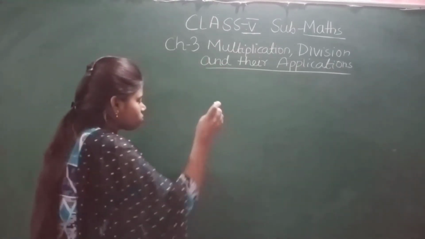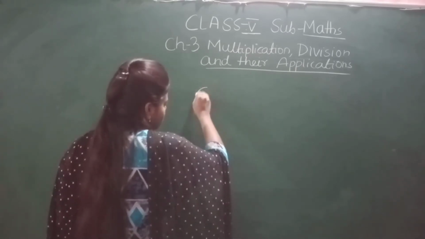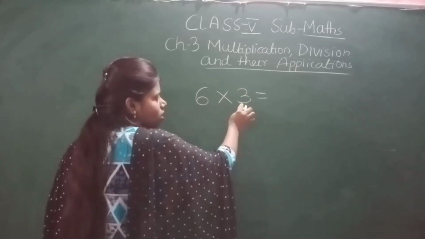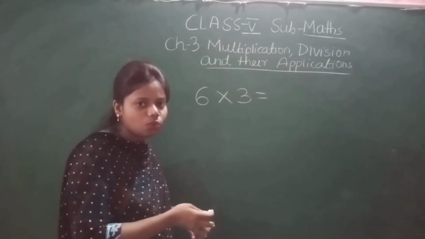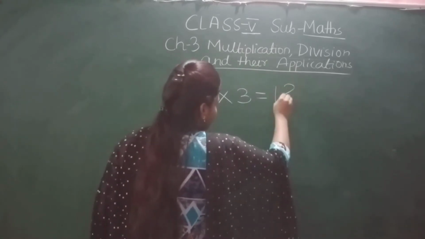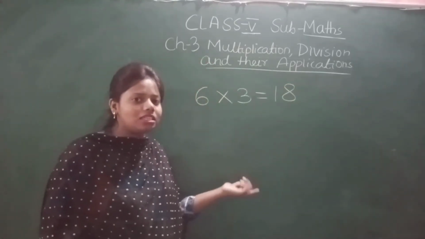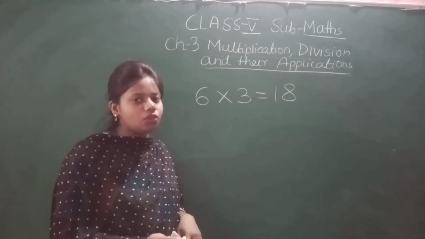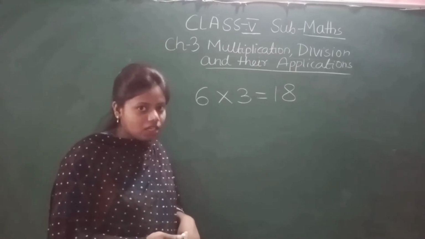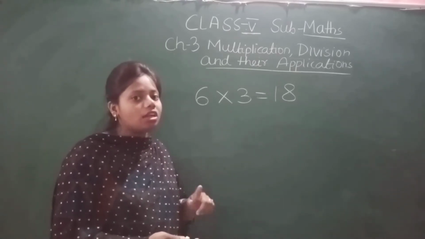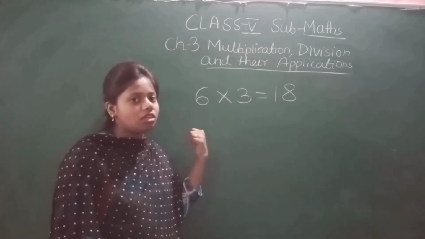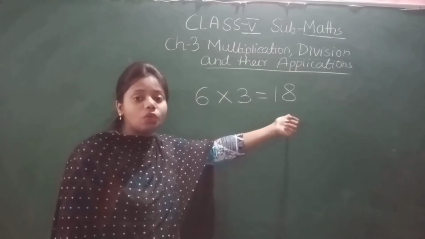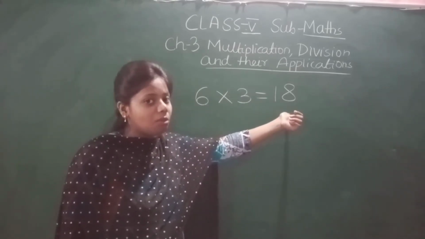Now see it. If I am multiplying 6 into 3, how much is 6 3? 6 1 is 6, 6 2 is 12, 6 3 is 18. Now, like in addition I told you about addend and sum, and in subtraction I told you minuend, subtrahend, and the result is called the difference, in the same way there are terms associated with multiplication also. So what do we call this? And what do we call the answer, the result we get in the multiplication?